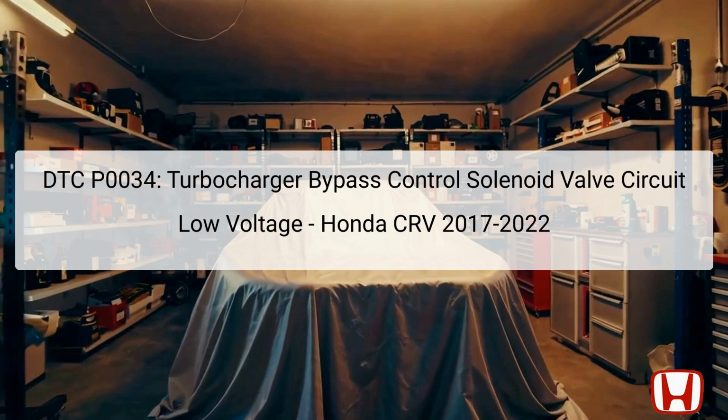When the DTC P0034 is triggered, it signals that the voltage in the circuit is lower than expected, which can mean a faulty solenoid, a blown fuse, or wiring issues. This slide sets the foundation for understanding the importance of addressing this diagnostic trouble code promptly to maintain vehicle performance